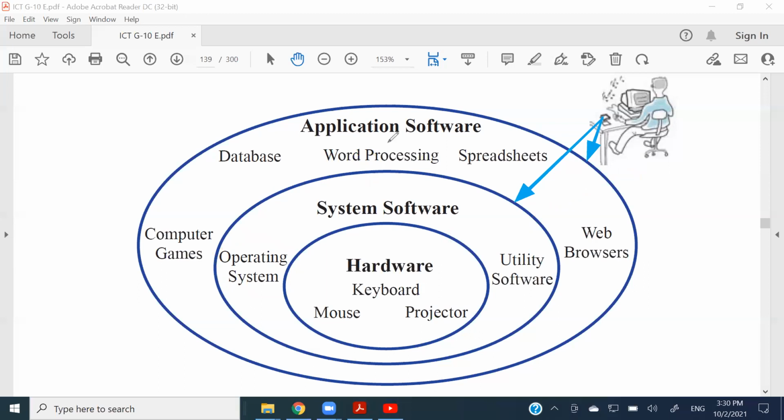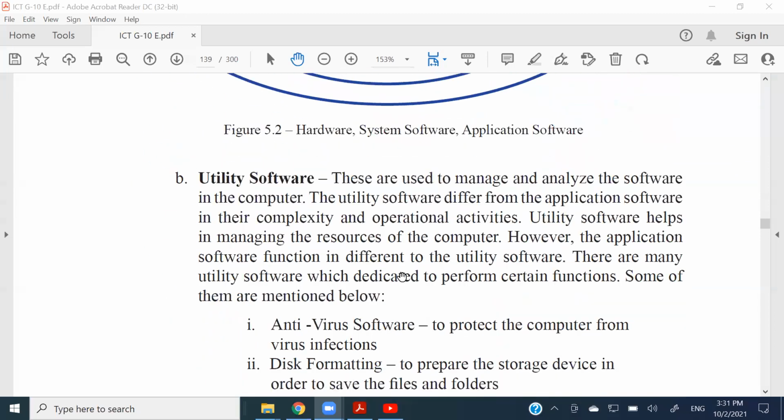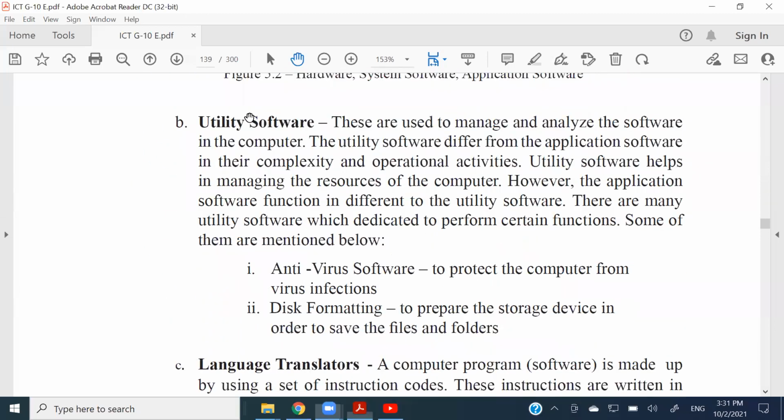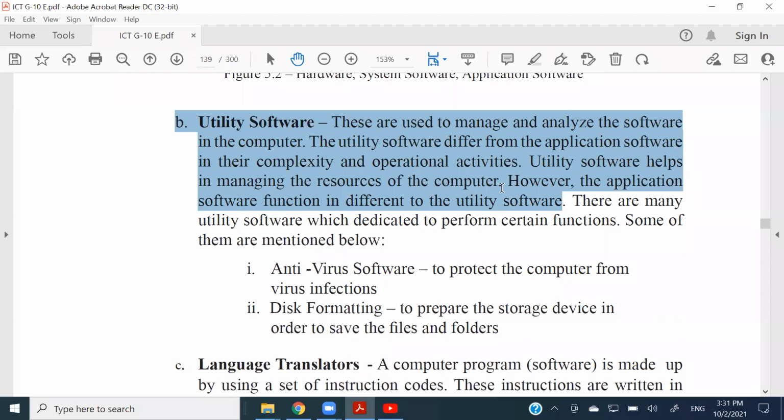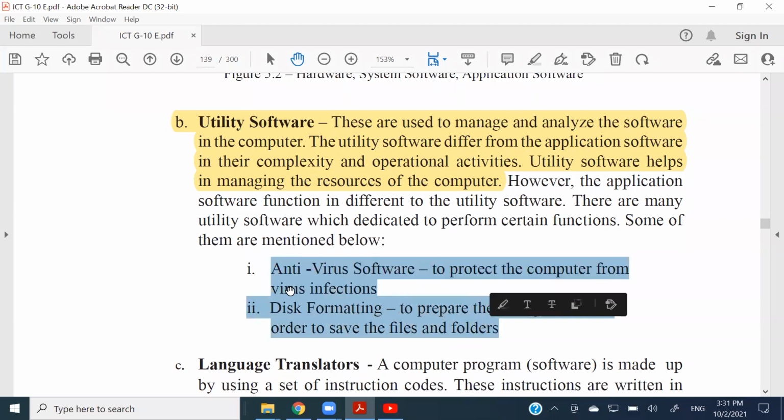So now today you got 2 diagrams, right? Then after it is talking about the utility software, right? So put simply B or number 2, then we can write about the utility software. So let's have it like this. You can copy it up to this point. Then after, for the examples, you have to write these 2.